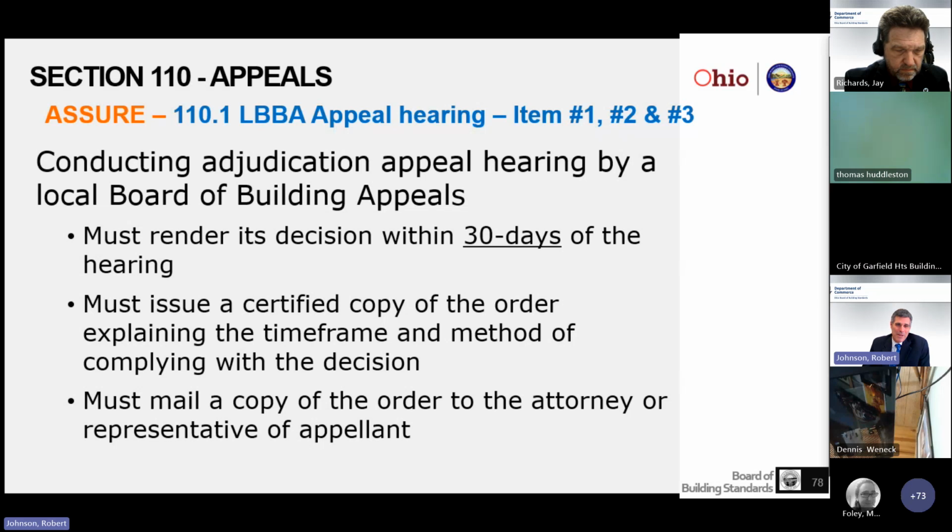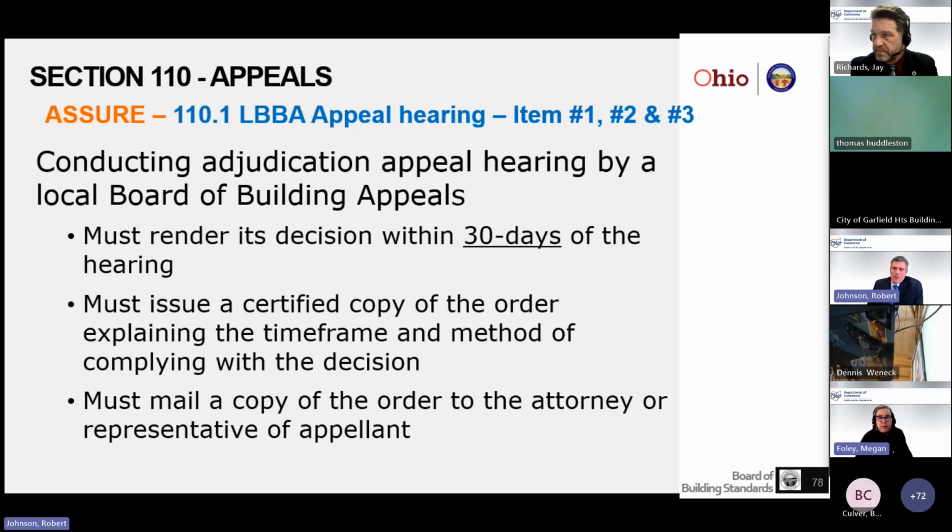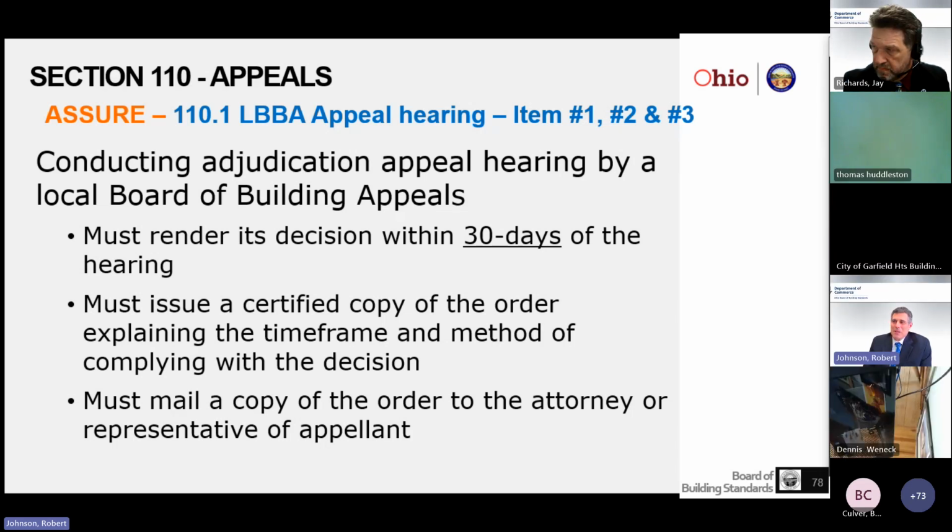Is that true or not, Meg? You there, Meg? Okay. Yeah, I'm here. I can't remember if they're still required to do certified. They do need to do a certified copy, but I think there's an electronic way that they're doing certified copies at this point. It does not need to be issued by certified mail with a physical return receipt of the green card. Yeah, that's what I thought. So ignore that bit right there, but